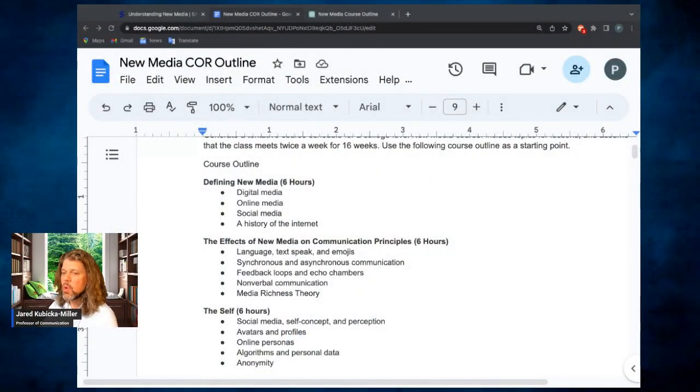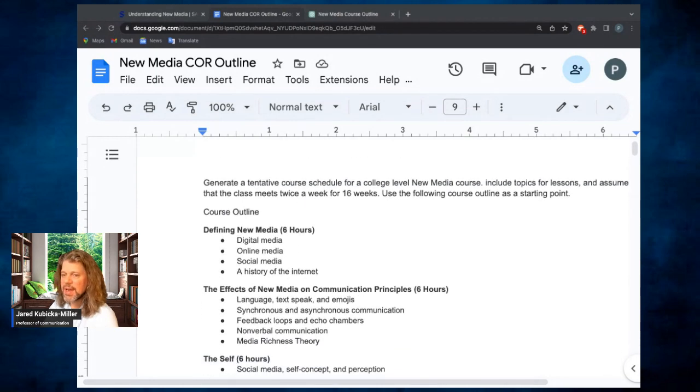So the background is that we are creating a new media course at the college I work for, and I need to have this up and ready. So I thought I would include new media technology in its creation in order to help move that forward. Just to give you a little background, so far what we've done is we've taken the course outline of record. You could find a course outline of record at any college that you happen to be working at or attending or are just curious about, and you can find it in whatever curriculum committee they have set up.